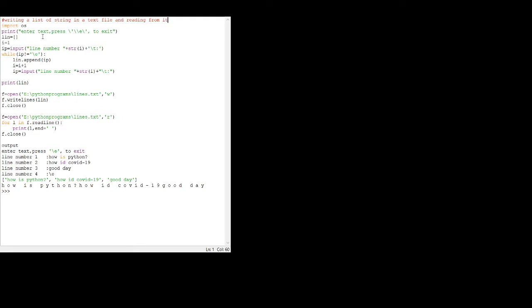Actually, files are normally required because we can store the data for the future. Otherwise it will be in memory and it will go away when you switch off the computer. So the output is stored in a file, and that is what we need: how to create a file in Python. So I think it is clear why we need a file.